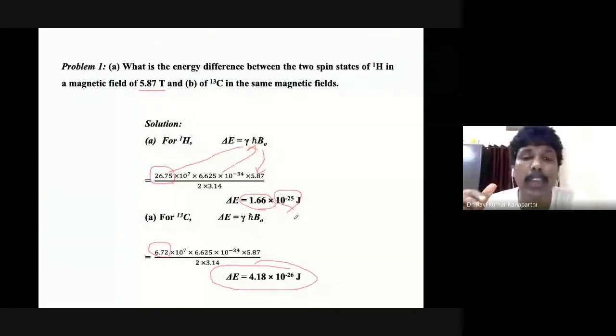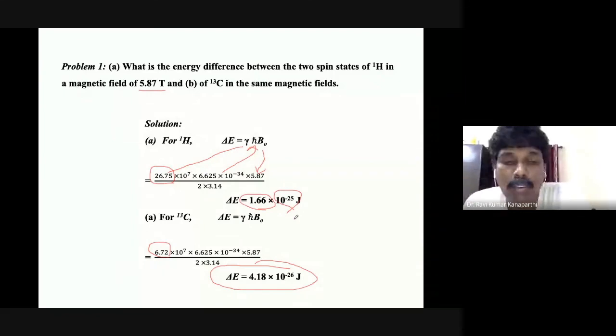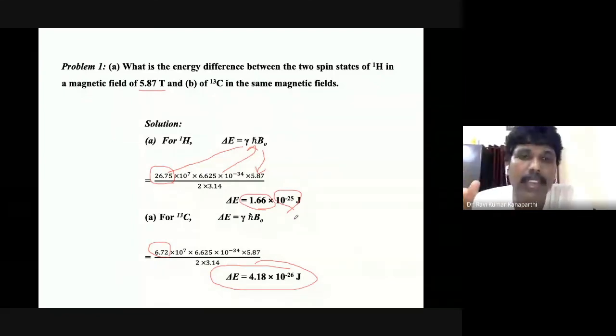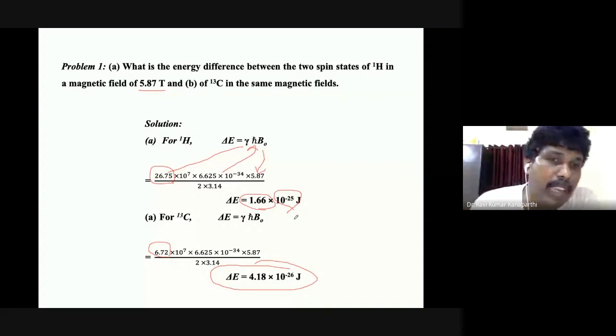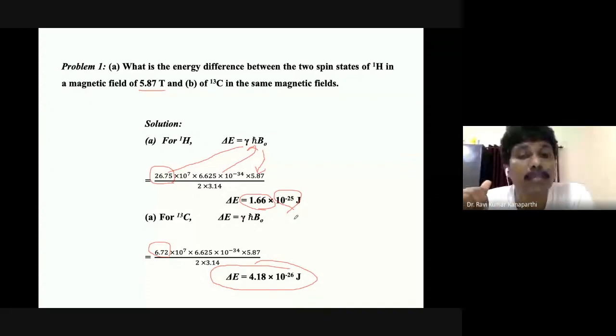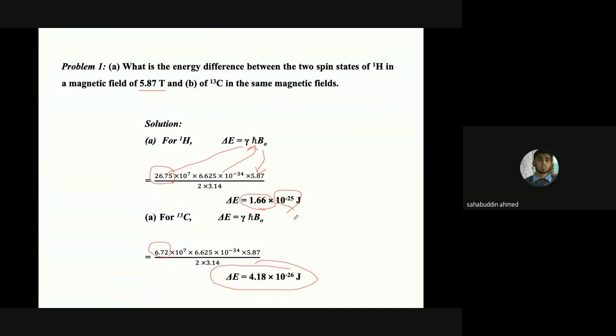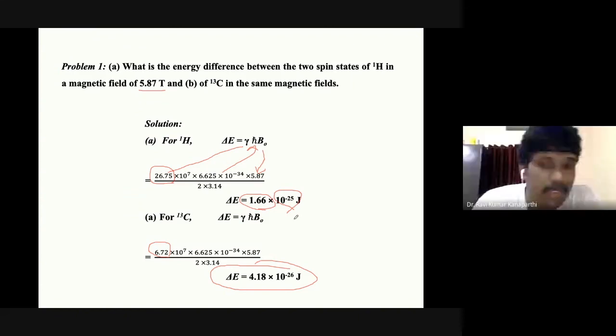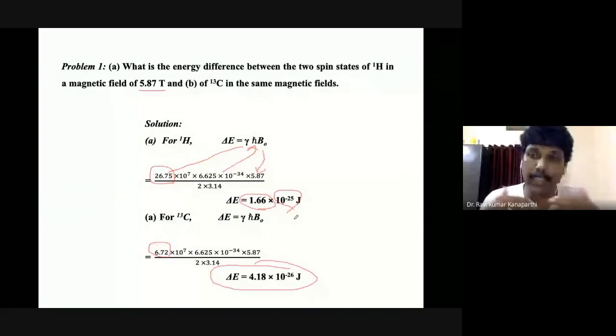That is the reason why carbon is basically heavier as compared to the proton. Heavier nuclei will have smaller gamma values, and lighter nuclei will have higher gamma values. That is the fundamental thumb rule. Yes, it is inversely proportional to the mass of the element. Yes, exactly. So that is the reason why the energy gap,